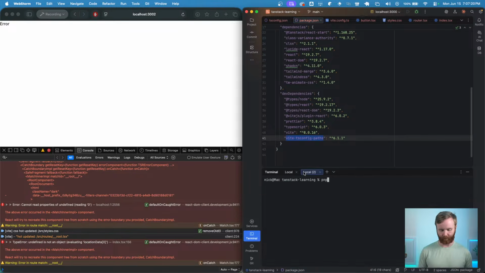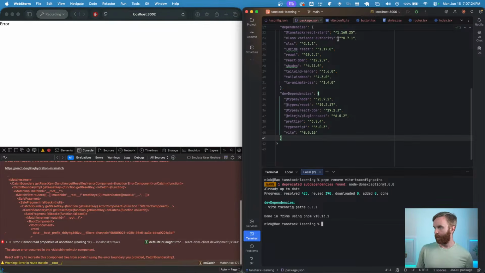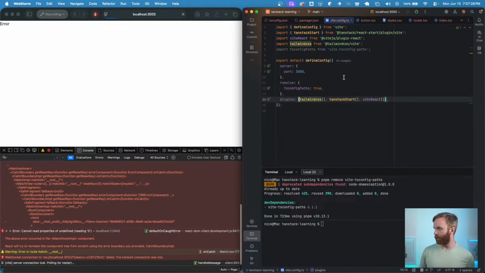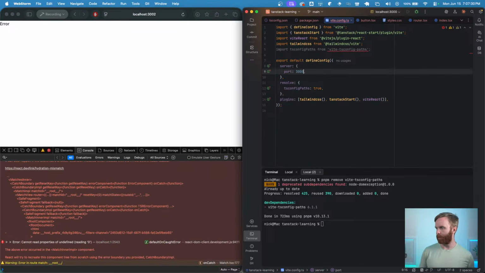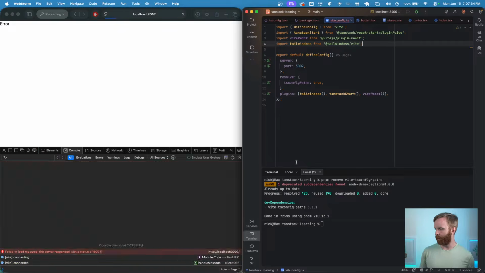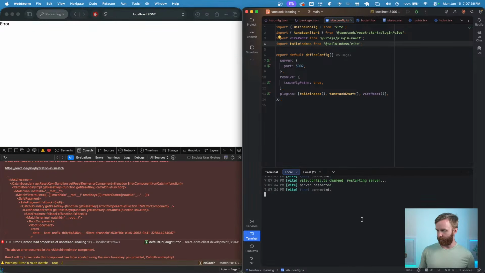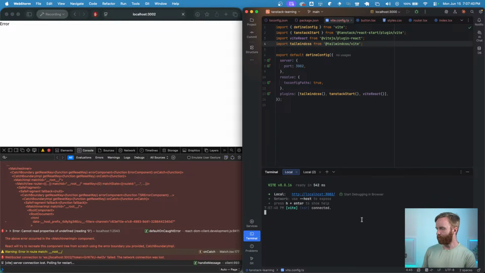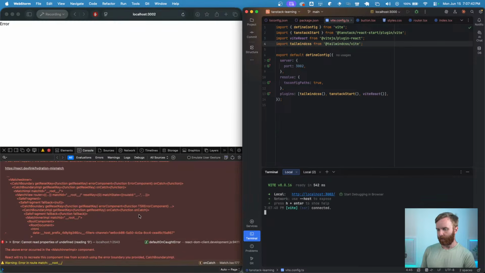pnpm remove. Then we can go to our Vite config. We don't need this anymore. Oh. See if that has anything to do with it, because I am using up 3000 and 3001 right now. All right, so